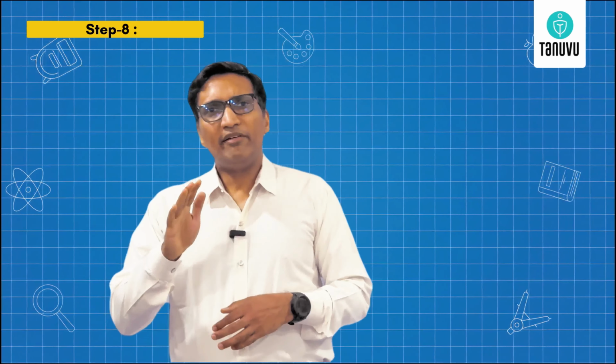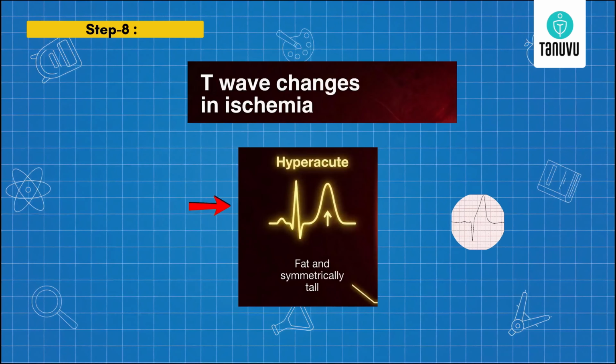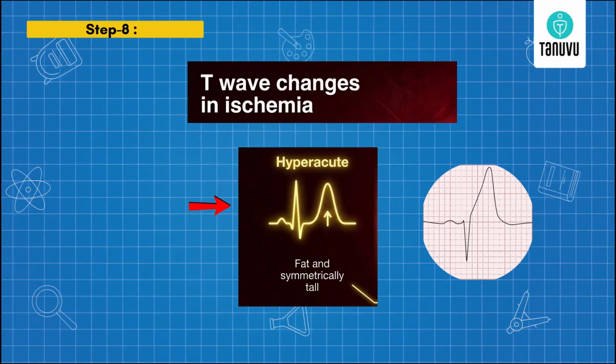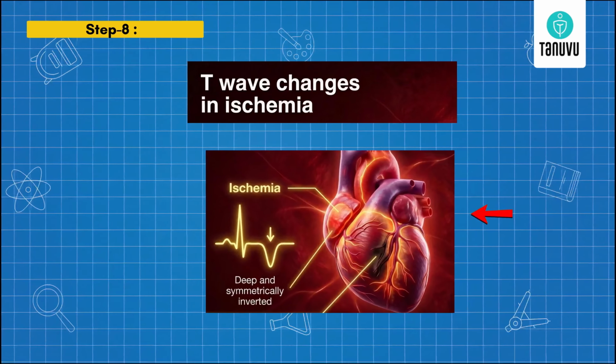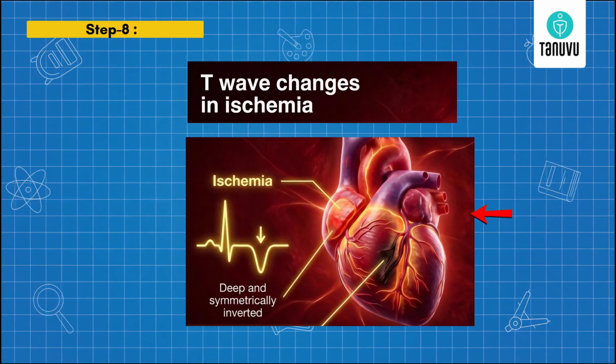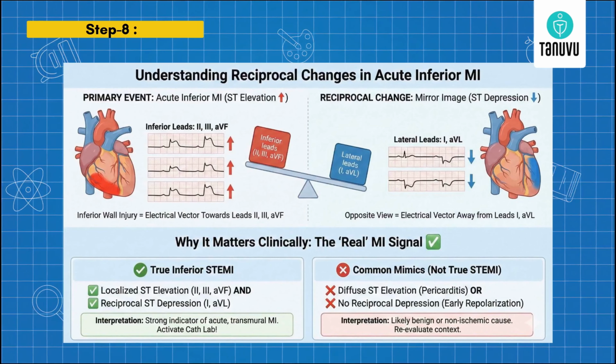parts of the heart. The T wave is the other segment which shows changes in ischemia and infarction. During the state of acute infarction, there is a tall, symmetrical, fat T wave, whereas during ischemia there is an inverted T wave. But the changes of the ST segment are the primary ones which pick up an acute myocardial infarction. Now, if you look at the inferior leads, if there is an acute MI, there is an ST segment